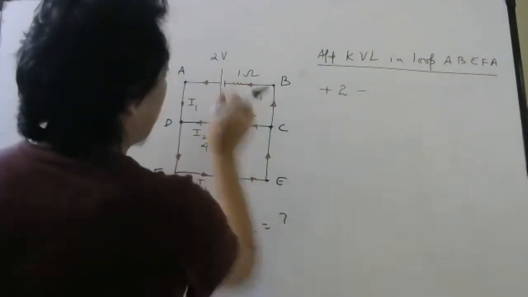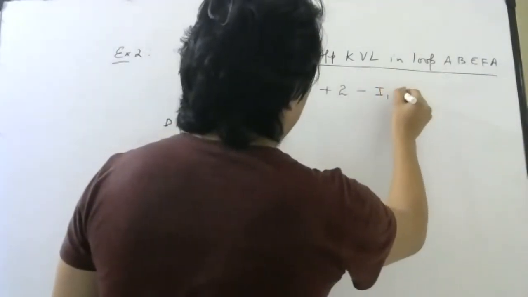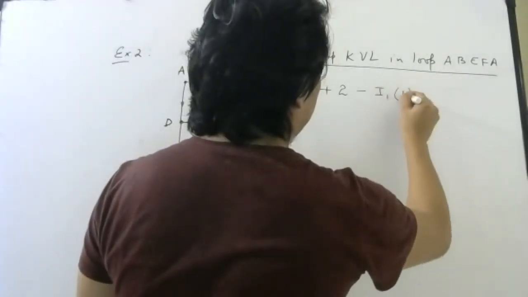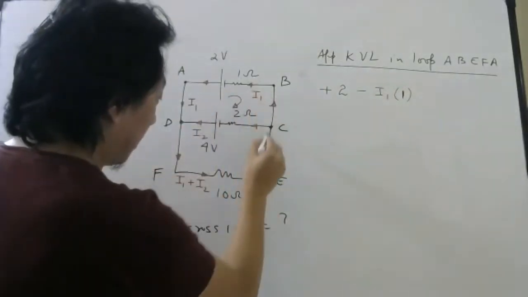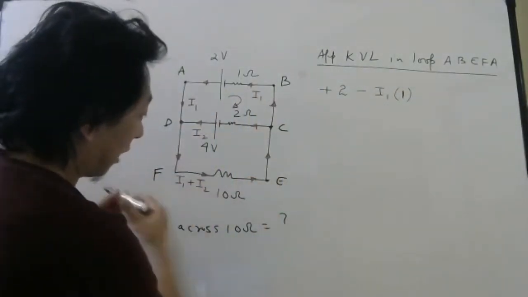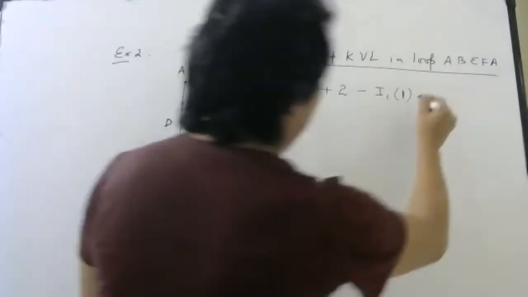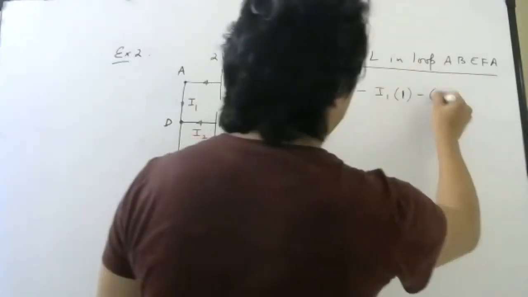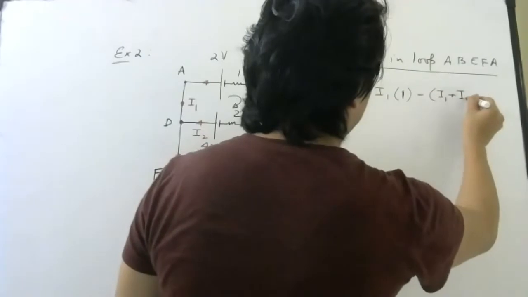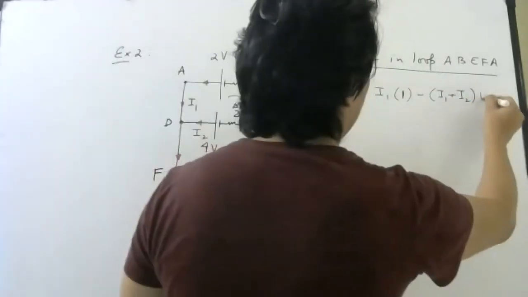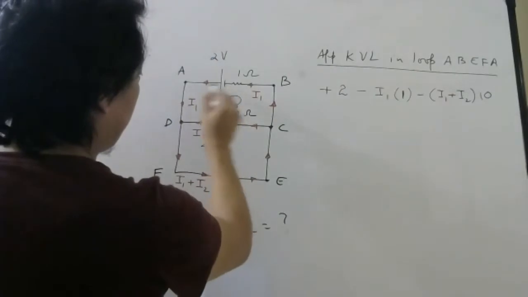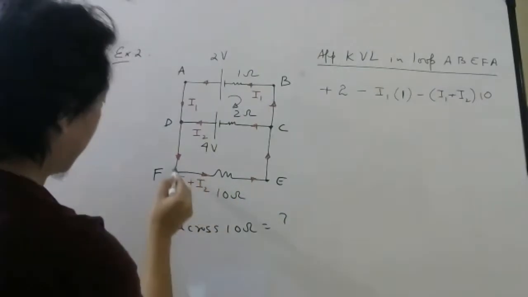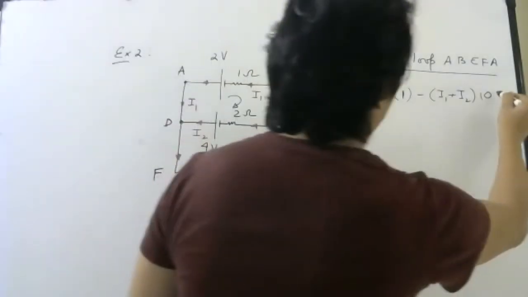So here, what will be potential difference? Minus I1 into R. R is 2. Sorry, R is 1. Then I have to come here, I2. Now here you see. Again, I am moving opposite to current. So minus. Current into resistance. Now, what is the current here? I1 plus I2. Resistance is 10. Battery finished, resistor finished, internal resistance finished, external resistance finished. Now come back to the same point. So the total should be 0.